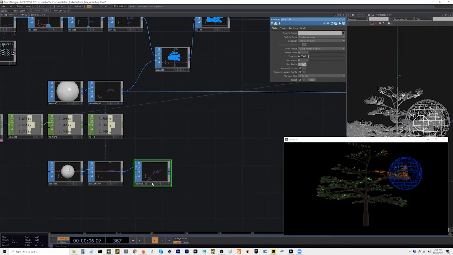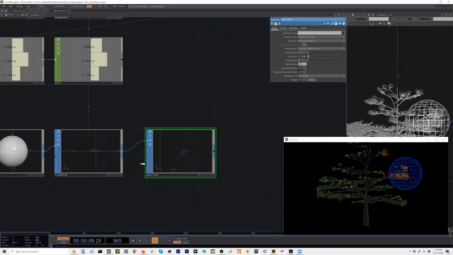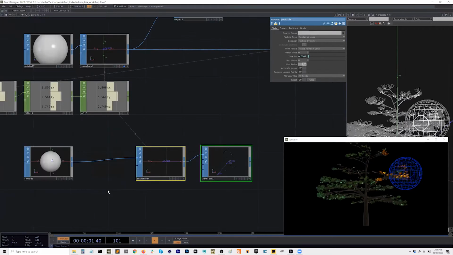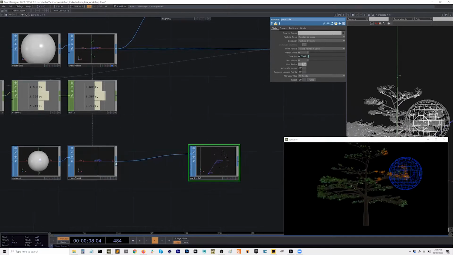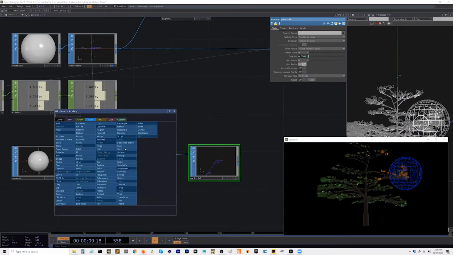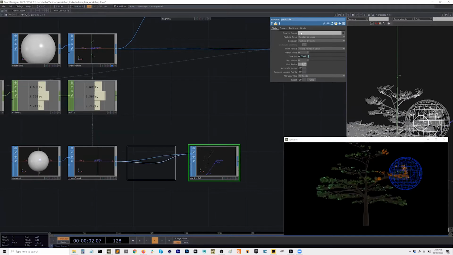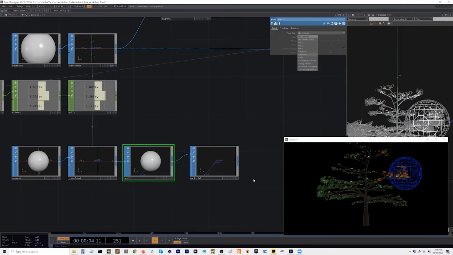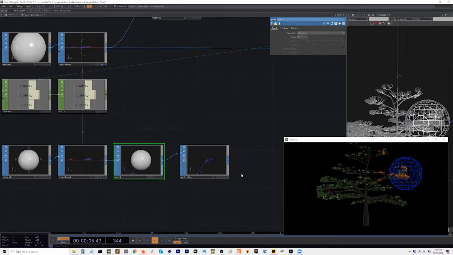Okay, and right after this sphere, actually, right after the transform, let's put a sort and then random. So now it's emitting in a random manner.